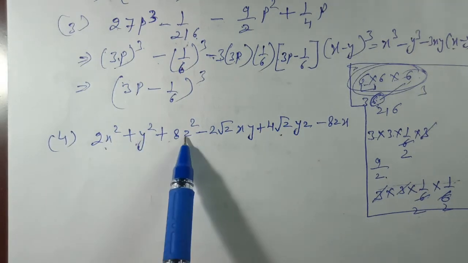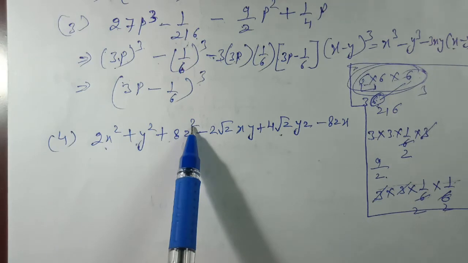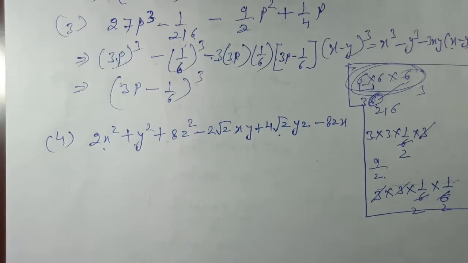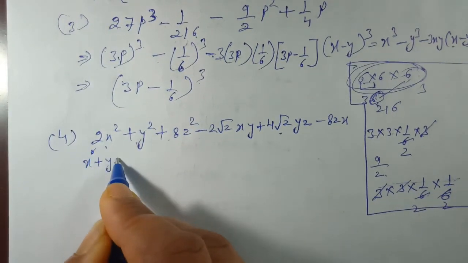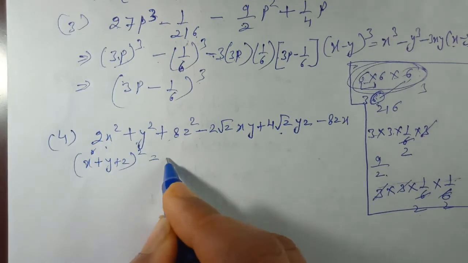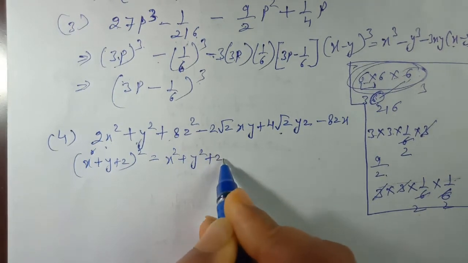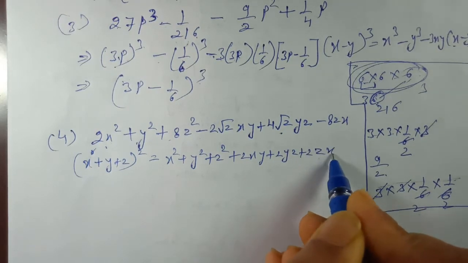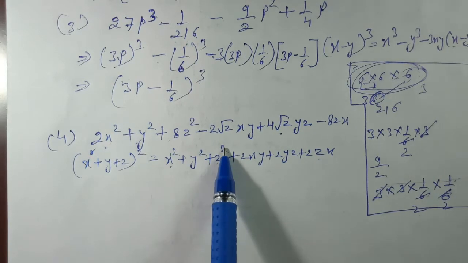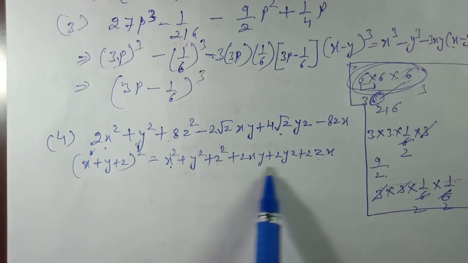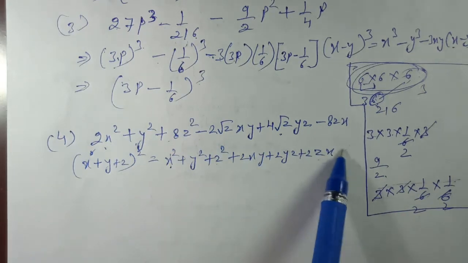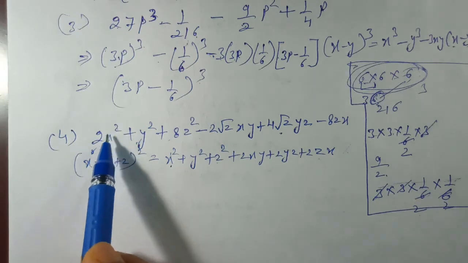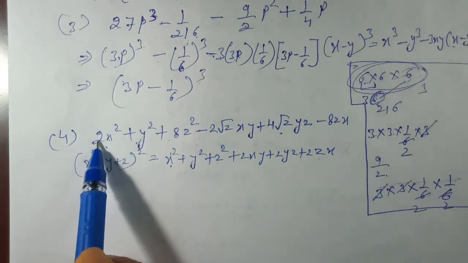We have 1, 2, 3, 3 terms in square form. So whenever we have a combination of 3 terms in square, which identity are we identifying? x plus y plus z whole square is equal to x square plus y square plus z square plus 2xy plus 2yz plus 2zx. So we are getting 3 terms in square form. So we have to check the proper form of the left hand side portion of the identity. So let us check. x is in square form, so we have to change its coefficient also into square form.